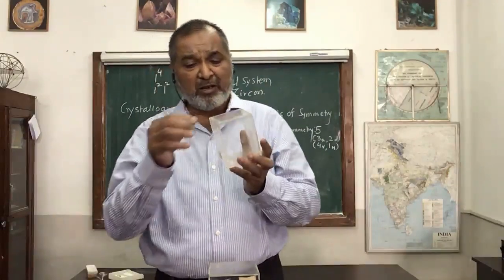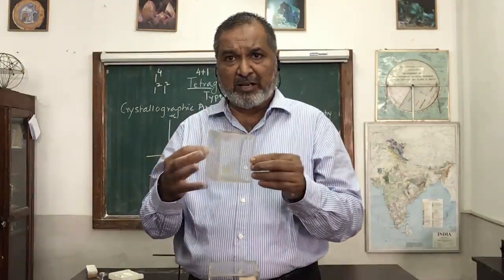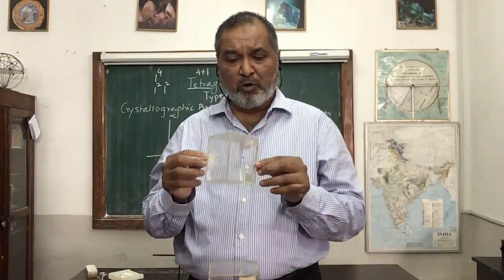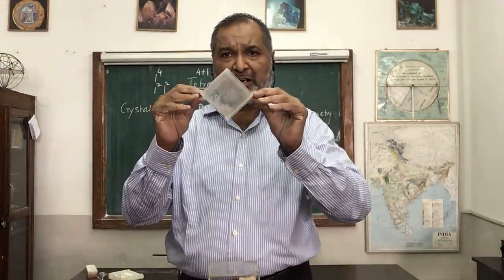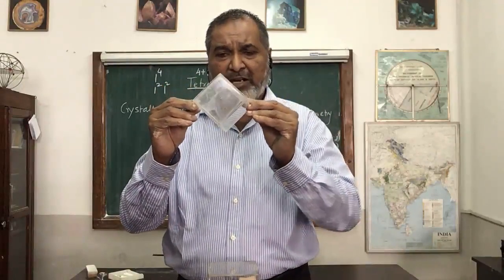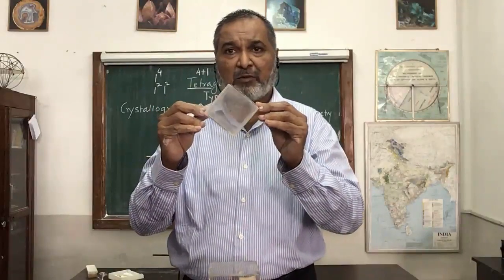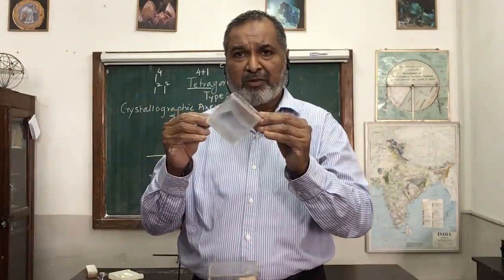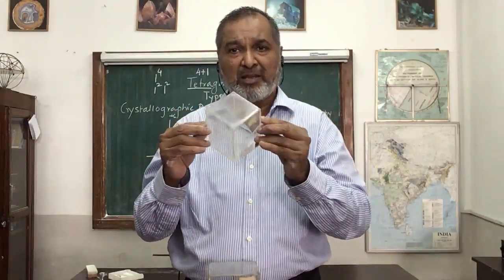Now what is the remaining one? The 4 vertical edges of the same size. If I hold these 4 edges, I get 2 lines. Now I hold this one. See now, this cube is there. I am going to rotate through 90 degrees, no face, 180 one time, 270 no face, and now 360 second one. So when I rotate the face through 360 degrees, I am going to occupy the position twice.